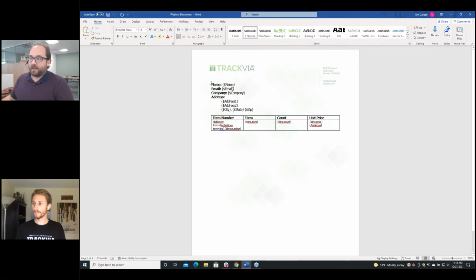But basically, we've just got a little bit of information set up here for basically an invoice. We've put in who's doing the ordering and what are they ordering. The way this one is set up is, the person is at the top. This is basic parent table information. And then down here, the intention is that we'll have a number of child items that belong to that order that are going to all show up here. So we've used this table row tag, which is going to allow this table to expand for each of the items that we feed it.